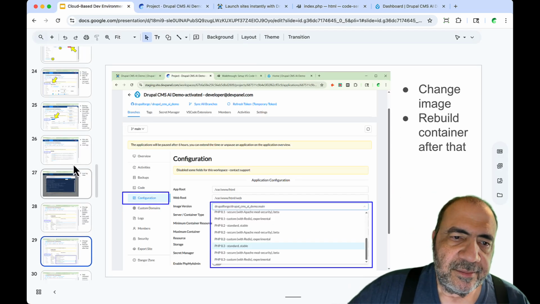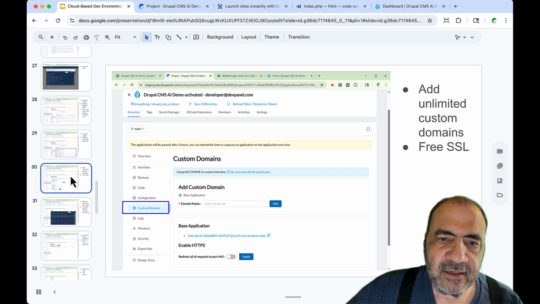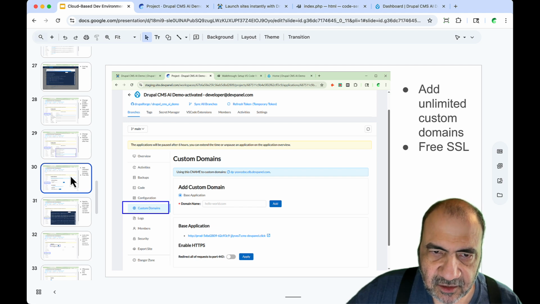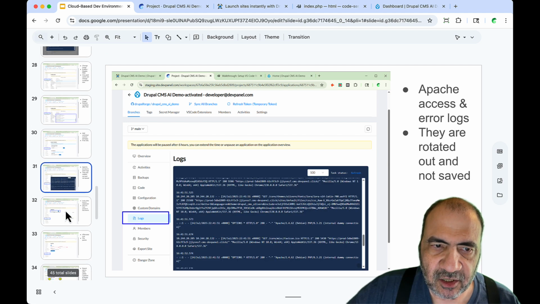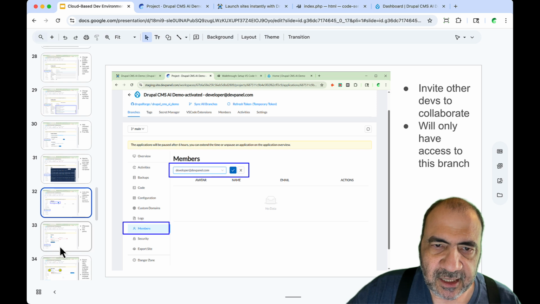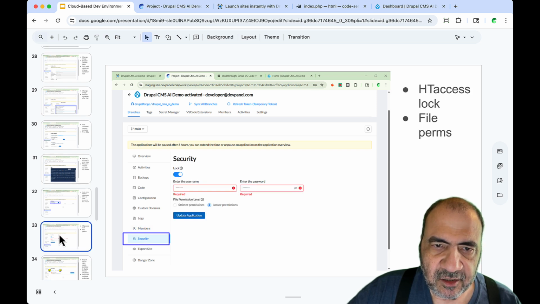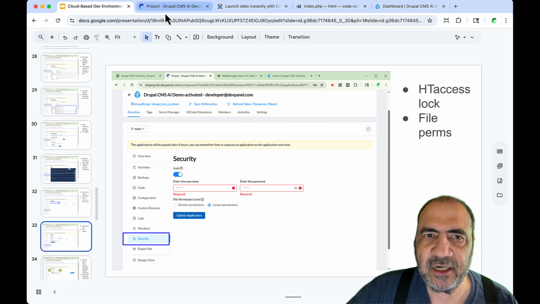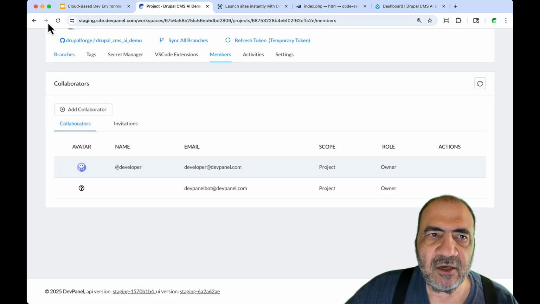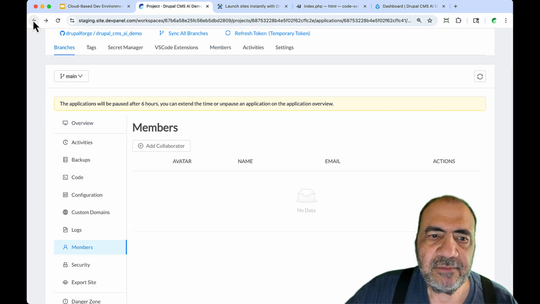All right, so that's that. What's the next one down? We covered custom domains, we covered logs, and members and sharing your environment. Okay, let's look at security. So if I go under security,